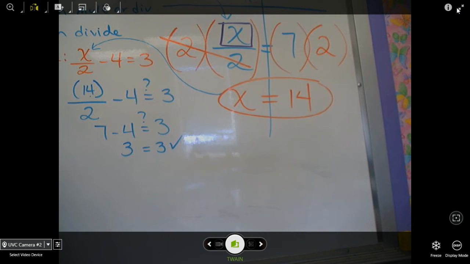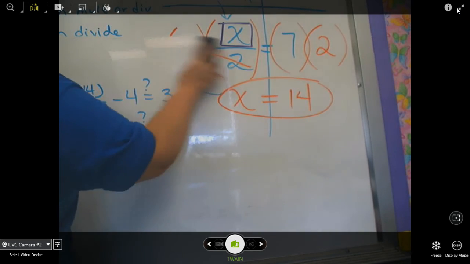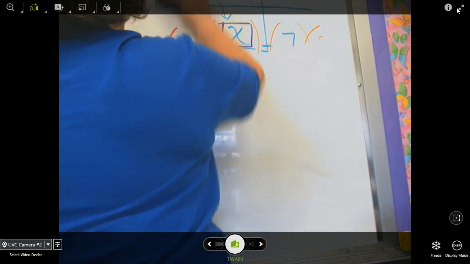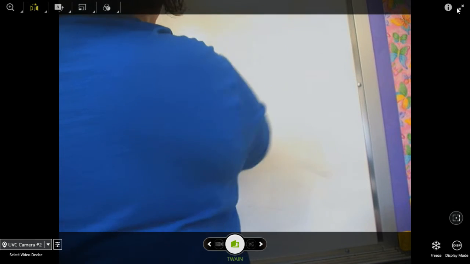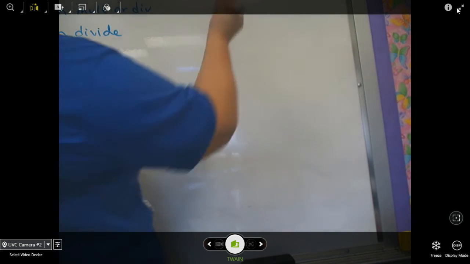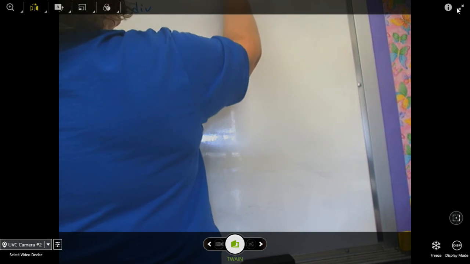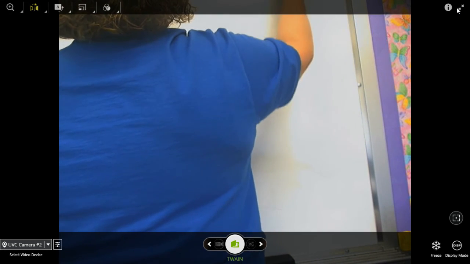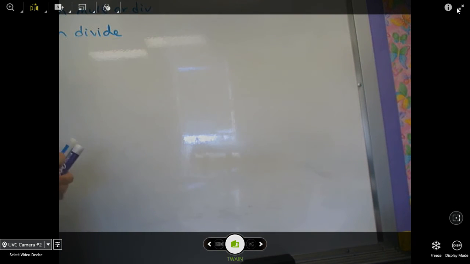Now, that's an example for the second type. Now we're going to do one for the third type, and we're done with two-step. And then we'll do more in class, of course, and I'll do more with you on your loom for each section. All right, let's say you have this. When you have something like this,